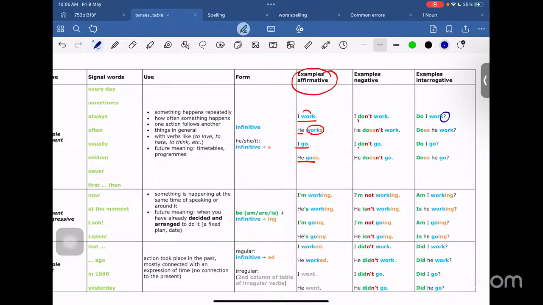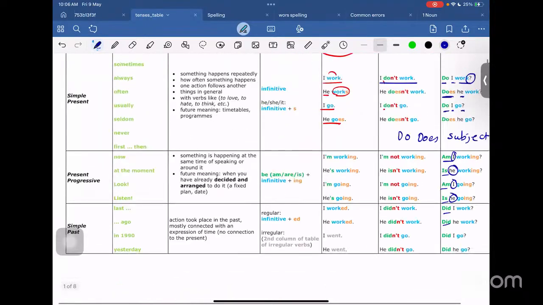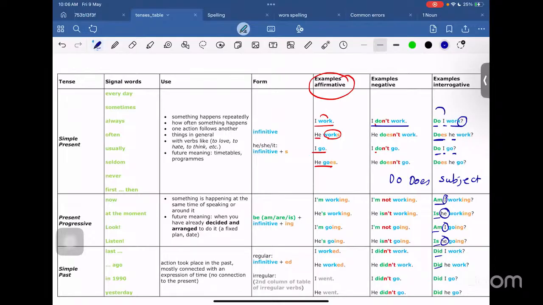अरेंजमेंट ऑफ द वर्ड्स से। यहाँ देखो, आई डू नॉट वर्क, क्वेश्चन पूछा है डू आई वर्क, डज ही वर्क, डू आई गो। मतलब सब्जेक्ट के पहले डू और डज आ रहा है, दिख रहा है? सब्जेक्ट बाद में आ रहा है। देखो जितने सेंटेंसेस है, ये भी इन्फिनिटिव्स हो या फिर इज आर हो, डिड हो, ये कहाँ आ रहे हैं? ये सब आ रहे हैं सब्जेक्ट के पहले। डू आई वर्क, डज ही वर्क, डू आई गो, डज ही गो।